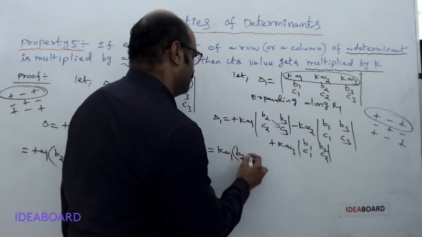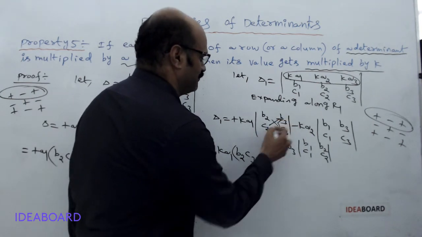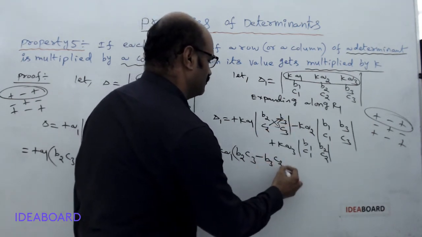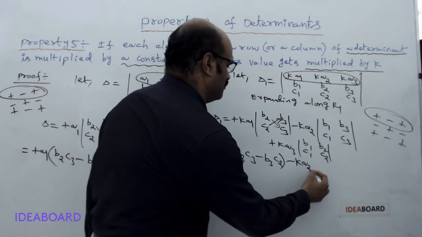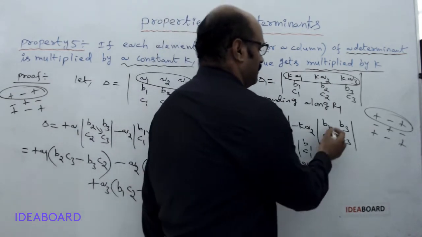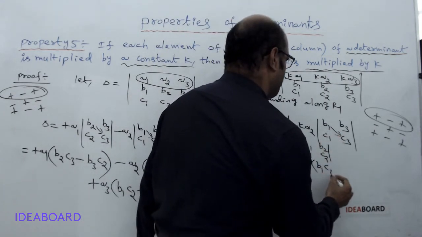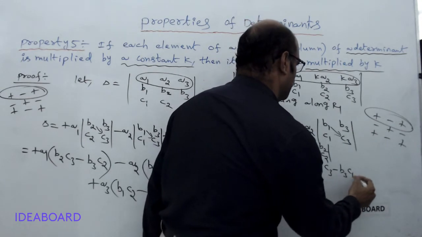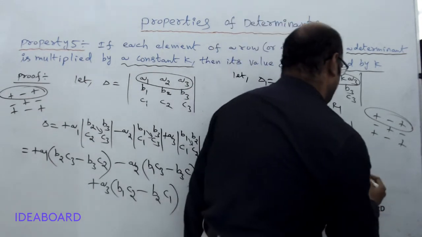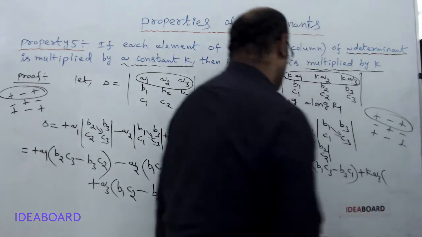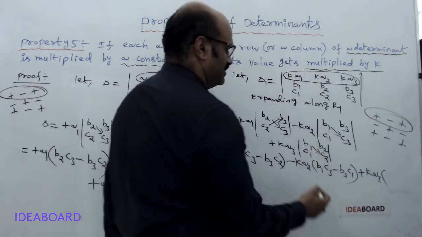So equal to b2 c3 minus b3 into c2, minus ka2 into b1 c3 minus b3 c1. Now plus ka3 into b1 c2